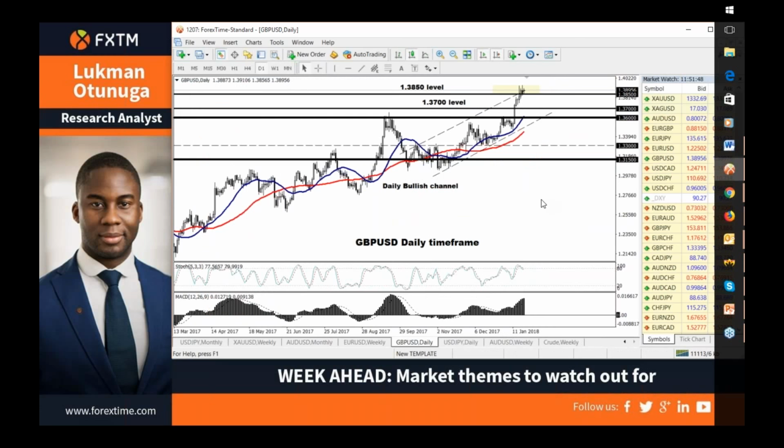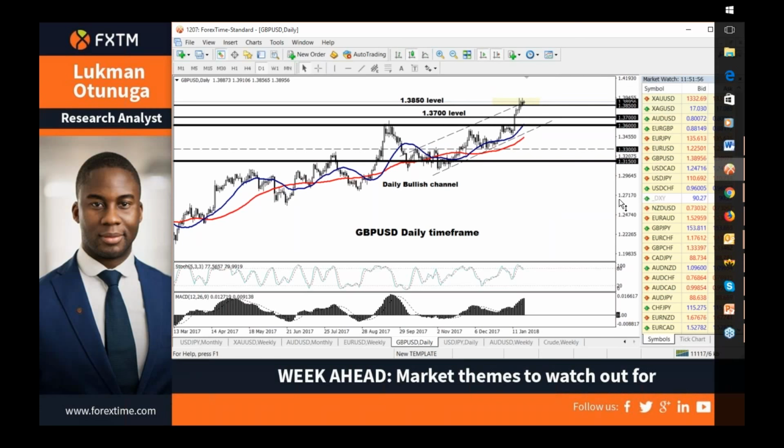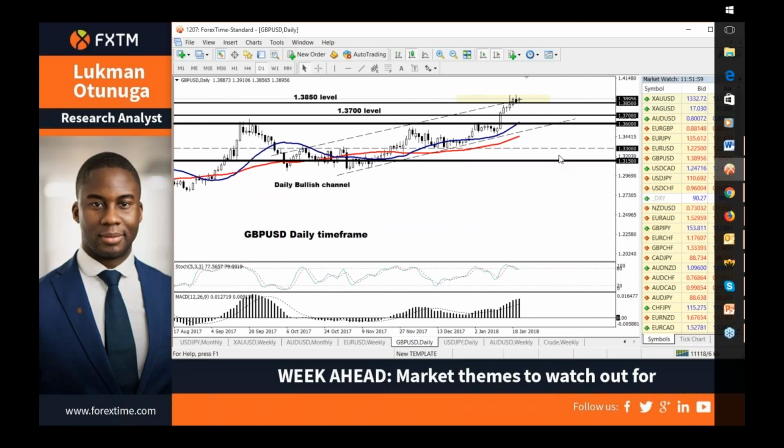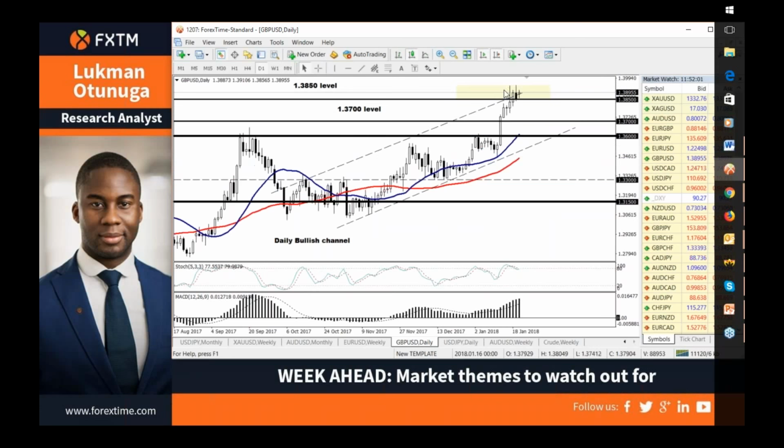So you could comfortably say that the pound US dollar does fulfill the prerequisites of a bullish trend on the daily charts. Looking closer now, it's all about how prices react above the 1.3850 level this week. We can actually see that there's been a minor resistance around the 1.3940 level. So if we can have a daily close above 1.3940, the pound US dollar is likely to trade towards 1.400. Alternatively, though, a breakdown followed by sustained weakness below 1.3850 could open a path towards